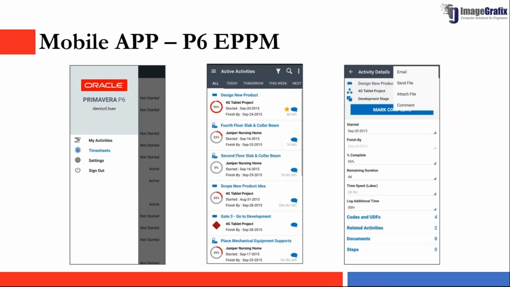The mobile app is something which you can use for updating the status of the activities, right? Let's say nowadays the smartphone is available everywhere and people are using it at the site level. They don't need to come back to the office and update the project. From their mobiles, they can update the status, and they can also communicate with the project manager then and there,